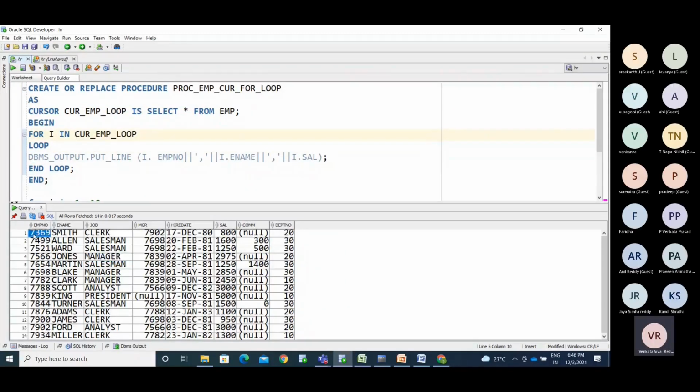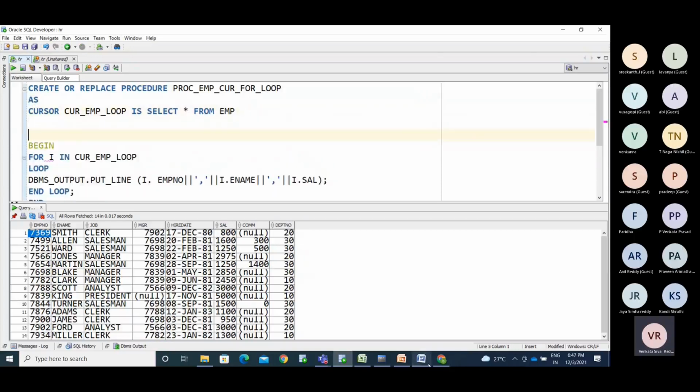First it will go for the first record. This variable I holds all the employee information of the first record. Now, how do you store the information while fetching in the normal cursor?